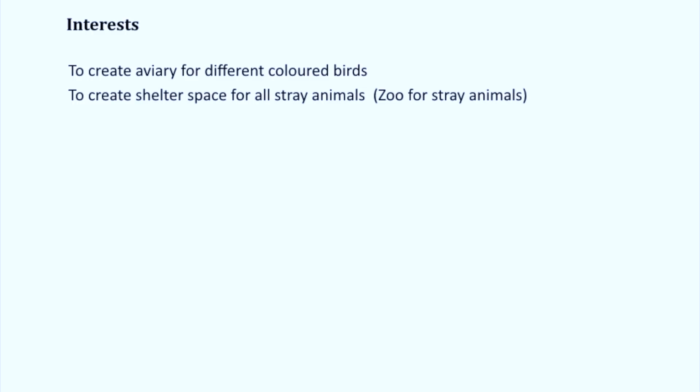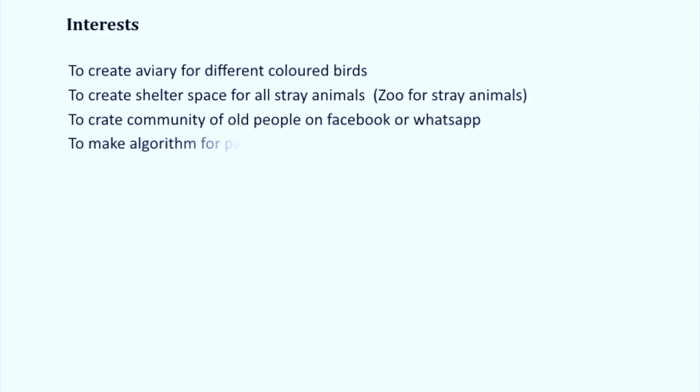To create an aviary for different colored birds, to create shelter space for all stray animals, that means a zoo for stray animals, to create a community of old people on Facebook or WhatsApp, to make an algorithm for palmistry through palm analysis, or create